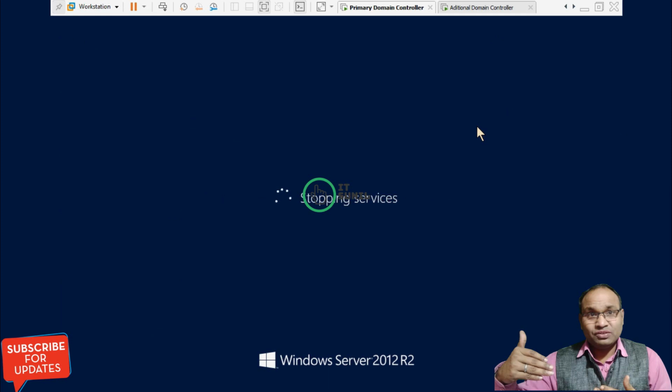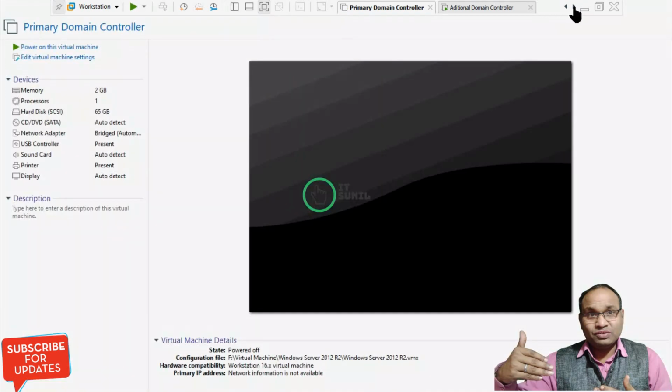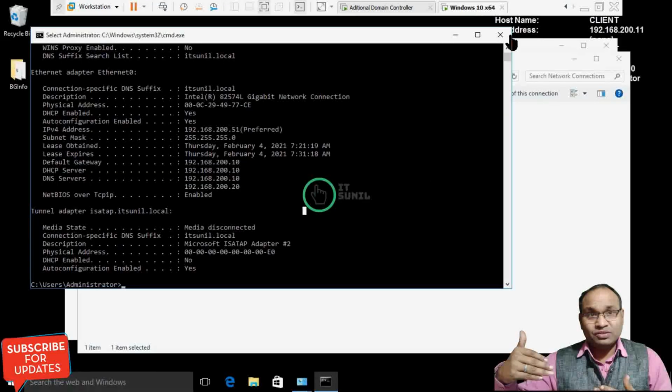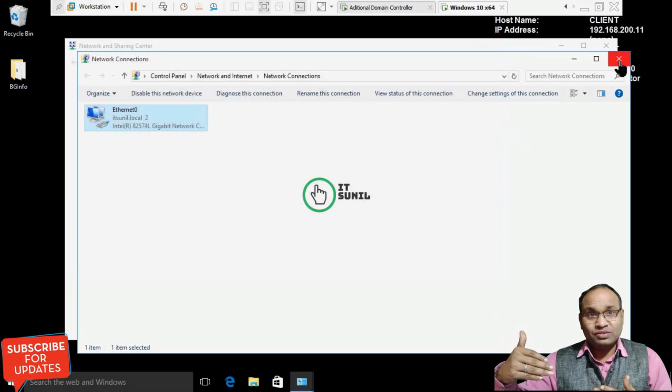After 10 minutes, my secondary DHCP server will provide the IP address to the client. So let's check. Now I'm going to my client machine and check whether my secondary DHCP server is providing an IP address to the client or not.